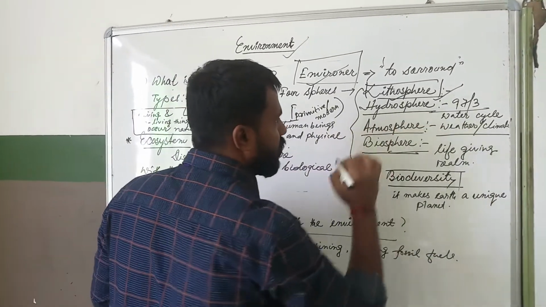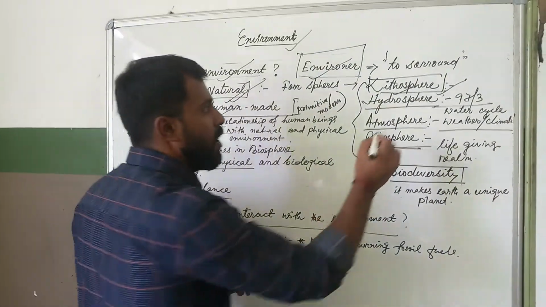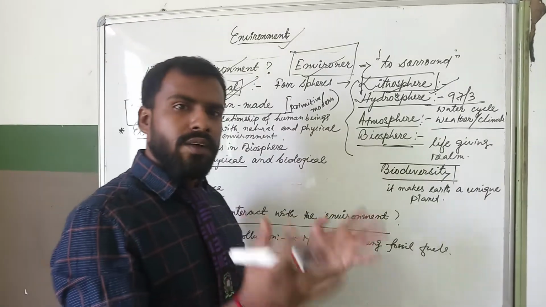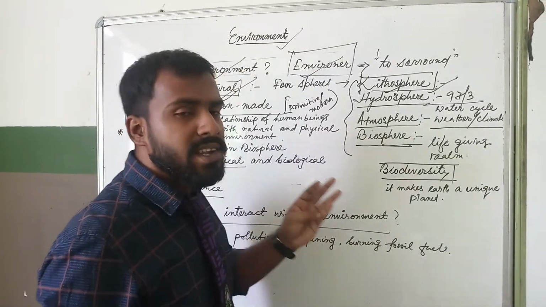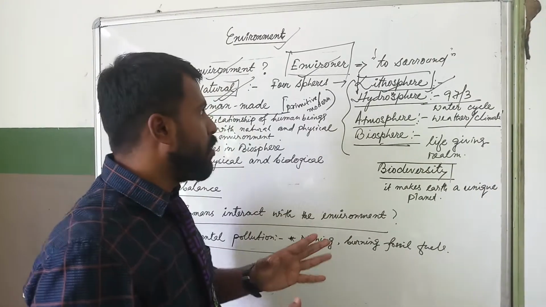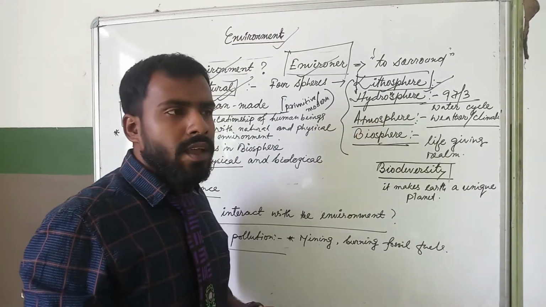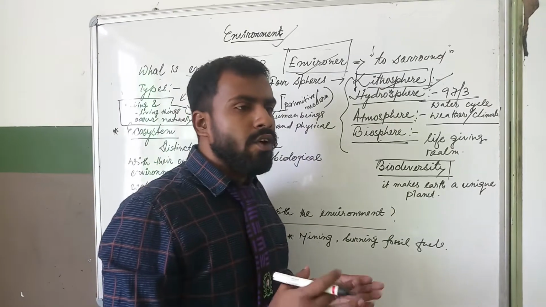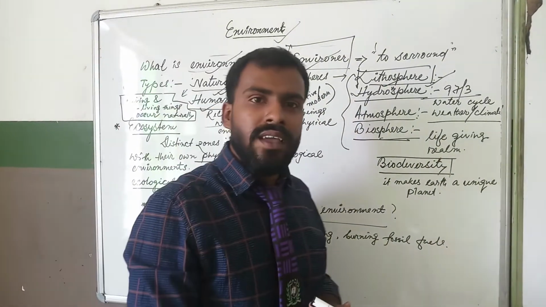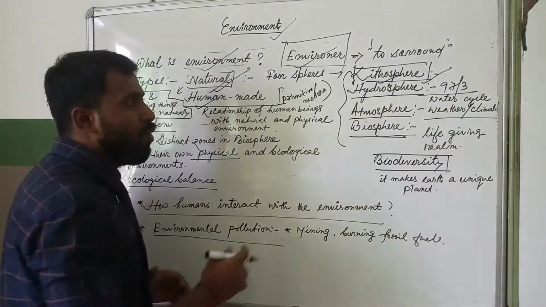Next is hydrosphere. What is hydrosphere? We know about the word hydro. Hydro means water. That means the sphere which consists of water. Lakes, oceans, ponds, rivers, they all form the hydrosphere together. We know that more than 70% of the earth is covered by water, but actually we have to know the